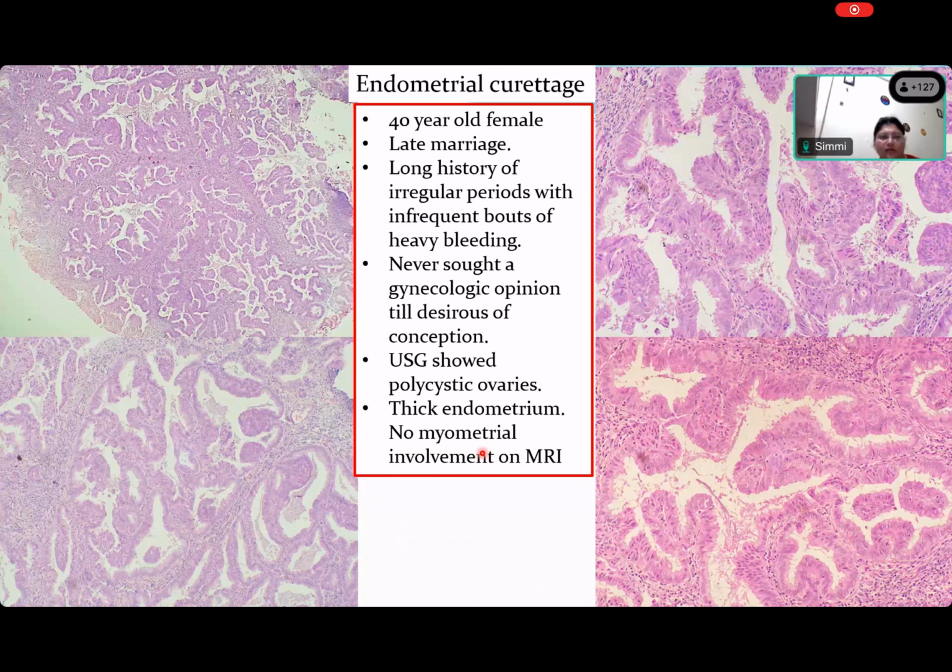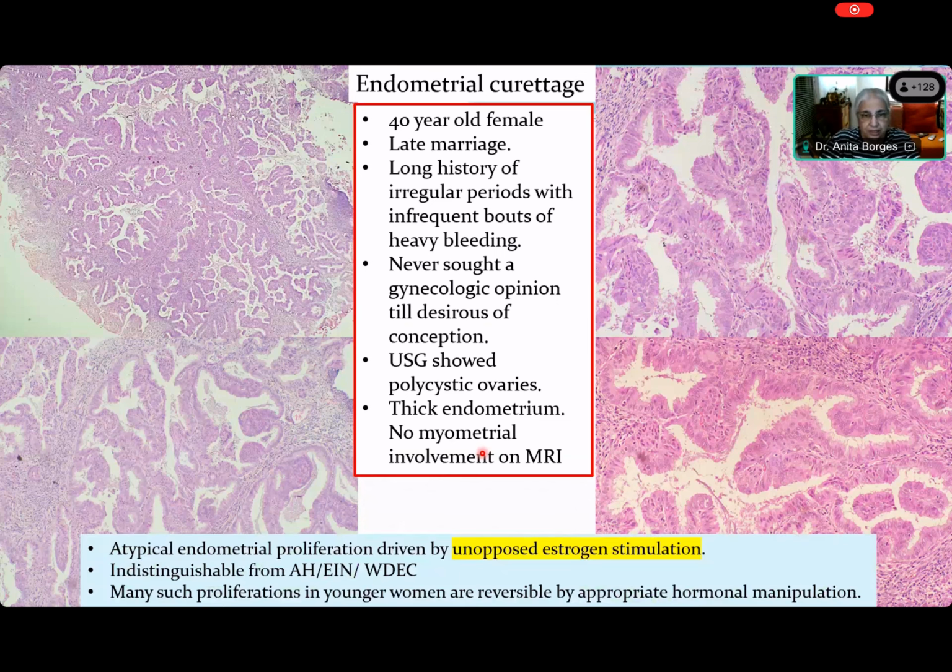The patient has anovulatory cycles for a long period of time due to PCOD. Yes. And there is definite unopposed estrogen effect. Very good. It's an unopposed estrogen activity which is producing this very hyperplastic, papillary hyperplasia. If this was an elderly woman, I would have said she's got an endometrial carcinoma. But we don't want to make that diagnosis in this woman because she has got polycystic ovarian disease. So the same diagnosis is what one does.